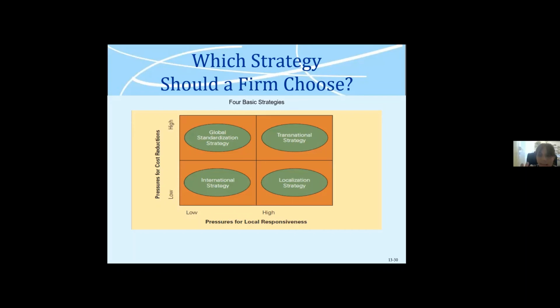By customizing the product offering to local demands, firms have the possibility to increase the value of that product in the local market. On the downside, because it involves some duplication of functions and smaller production runs, customization limits the ability of the firm to capture the cost reductions that are associated with mass production of standardized products for global consumption.